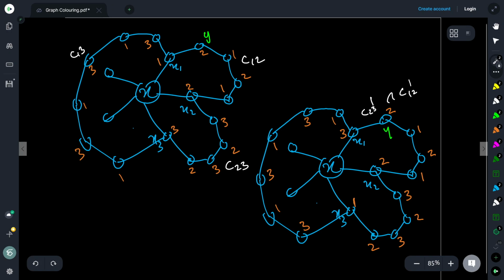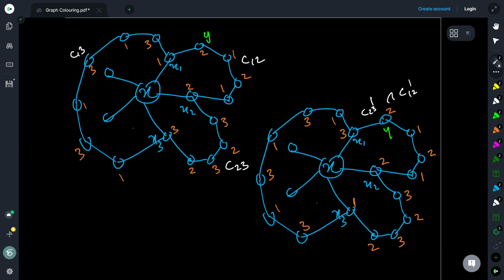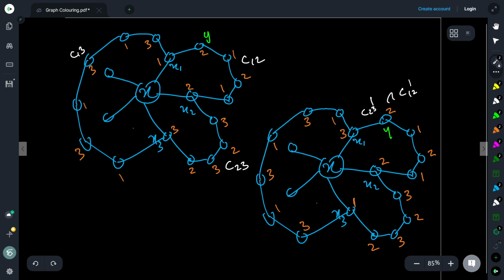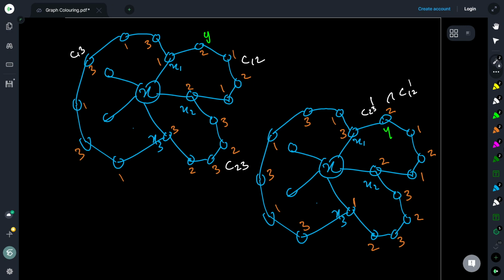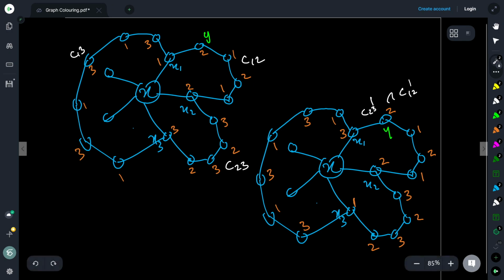Another thing is that we know that because the graph is not complete, it's delta regular but not complete. So in the neighborhood of x, the graph is not complete, which means that one of the edges between some xi and xj is missing. Now, since we can always rename either the color classes or the vertices that we want, we can assume that the edge that is missing is precisely x1, x2.